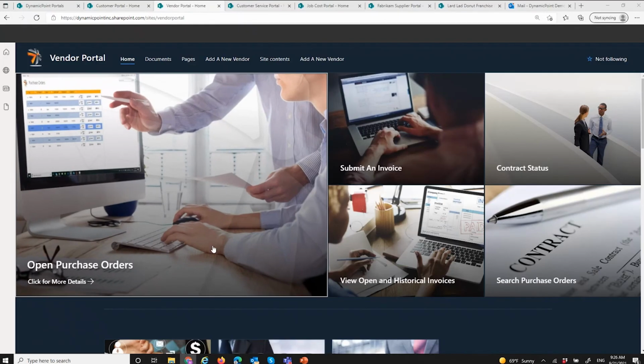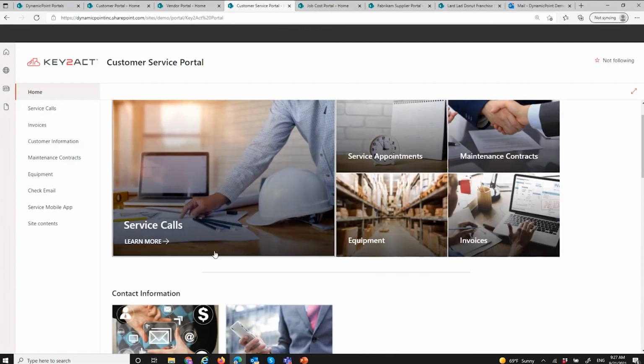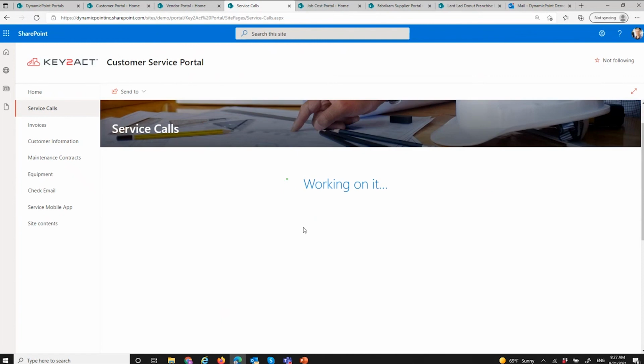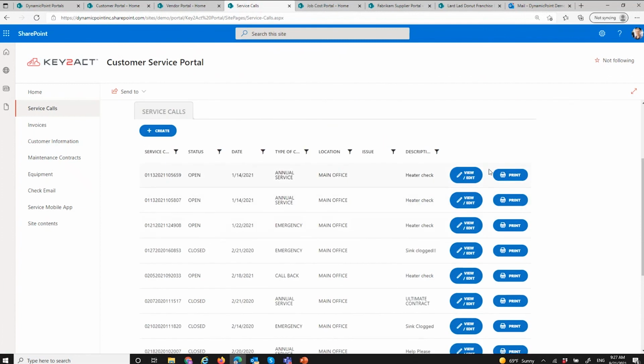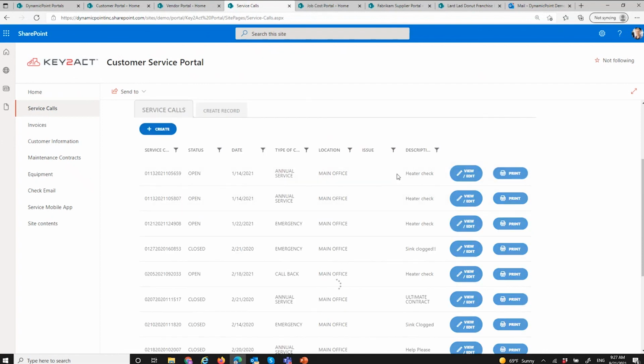Okay, so keep it moving. So that's a vendor portal. If I were to look at that same thing from a service portal perspective, as opposed to showing POs and things like that, I'm showing service calls, maybe giving my customers the ability to create a service call, just different types of data that I've integrated with, right? Same concepts on each of these, but in this case, I'm creating service cases and things like that, as well as the reports that I've integrated are going to be different. In this case, it's going to be what's known as a call summary report that shows the detail of that service case.